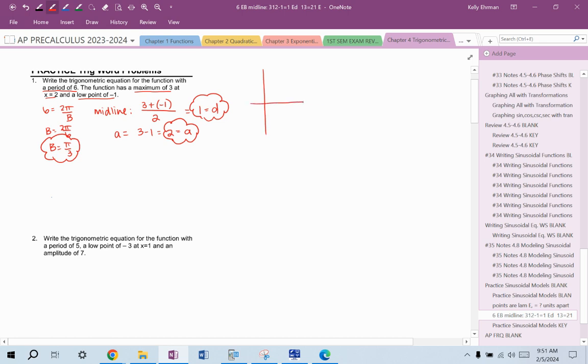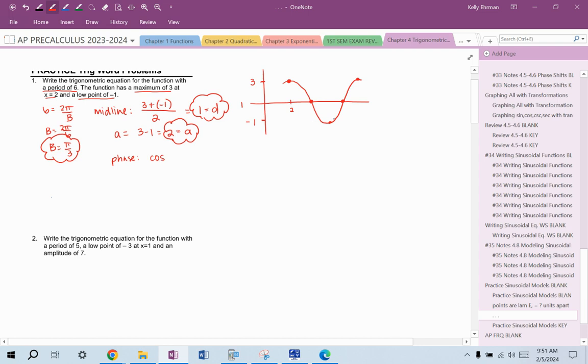So when I sketch a graph, we're so used to doing X and Y axis, but I like to just label this as the midline here. So here's 1. And then we have a max of 3 and a minimum of -1. All right, so at x equals 2, the graph hits 3. And then I know this is sinusoidal. I guess it doesn't say in the problem, but that's what this worksheet is about. So I try to equally space these. I'm not worried about labeling every point. I don't necessarily want to take the time to do that unless I'm told I have to, but I can get this image of the sine curve. So now I can see a phase shift